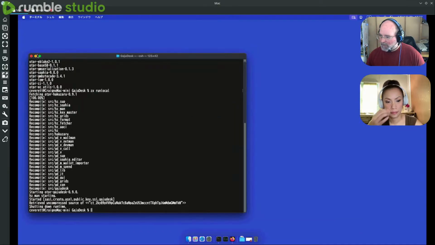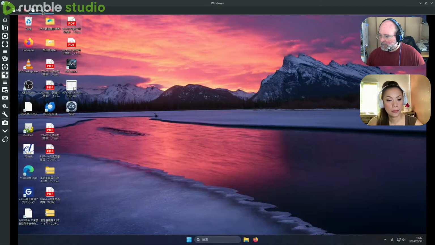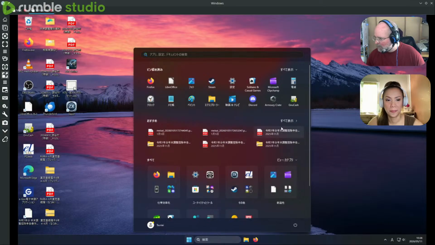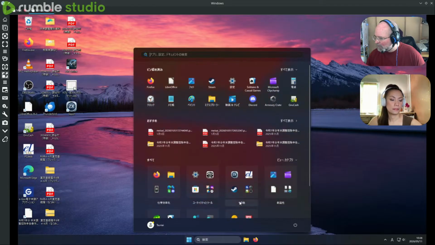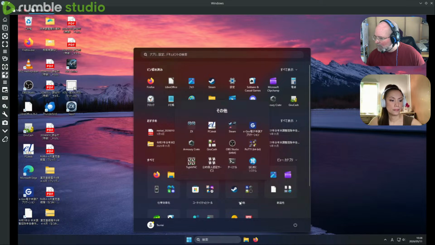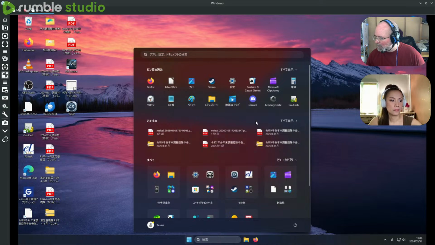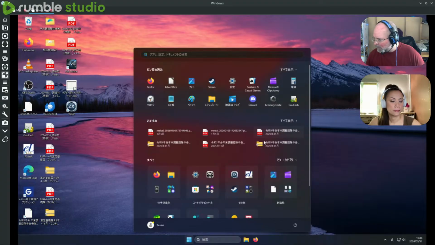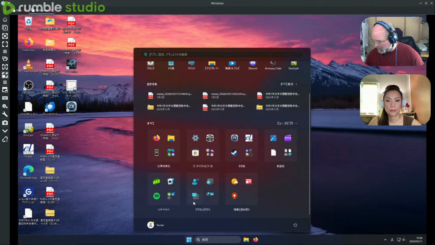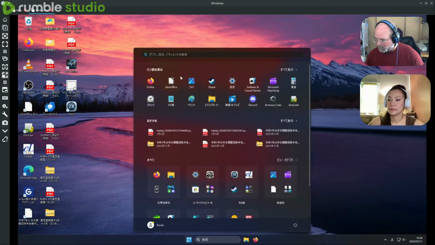Now let's check Windows, which is a much more frustrating experience. Do I have the... No. I never use this computer, so I'm having fun trying to figure out how to do Windows again.